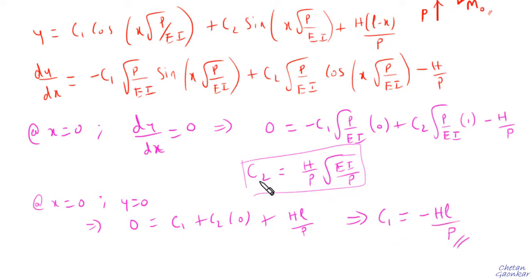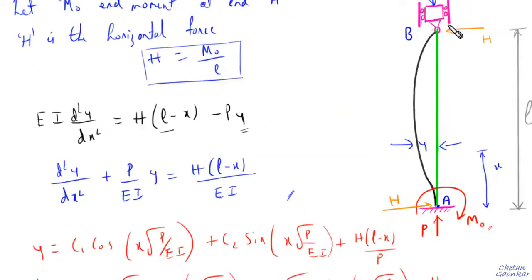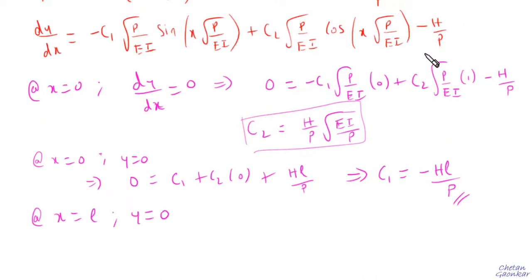So we have got now the values of c1 and c2. Once we know these values of c1 and c2, let us take the last boundary condition, that is at x equal to L, where we again have y as 0. Here the slope is not equal to 0, but we know for sure that the deflection is 0. At this end the deflection will be 0. So now that we know the values of c1 and c2, in place of y we will substitute 0.